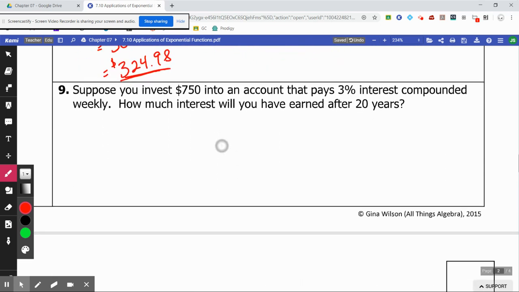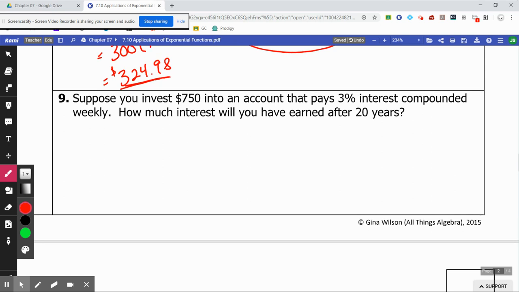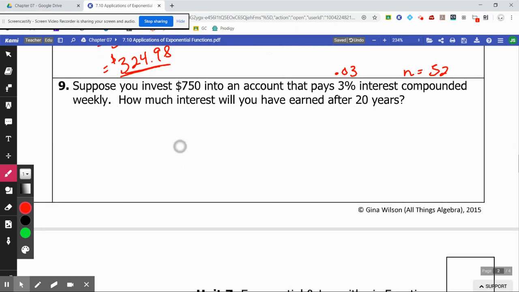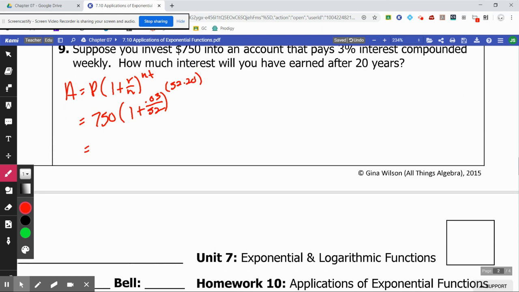Number 9. Suppose you invest $750 into an account that pays 3% interest, 0.03, compounded weekly. So weekly would be there are 52 weeks in a year, so therefore N is 52. How much interest will you have earned after 20 years? A is equal to P times 1 plus R over N raised to the NT power. So that would be your principal would be $750. 1 plus your rate is going to be 0.03 over the N is 52 raised to the 52 times 20 power. Plug that in and you're going to get